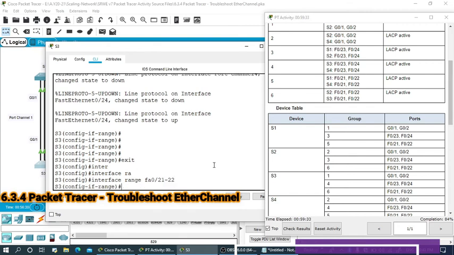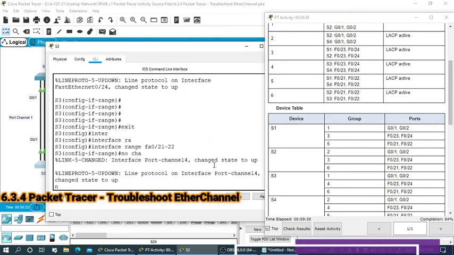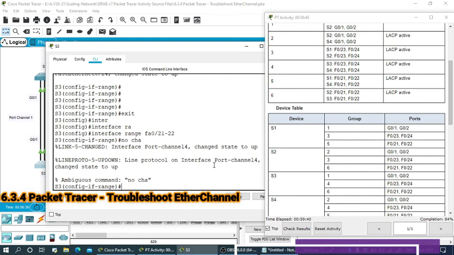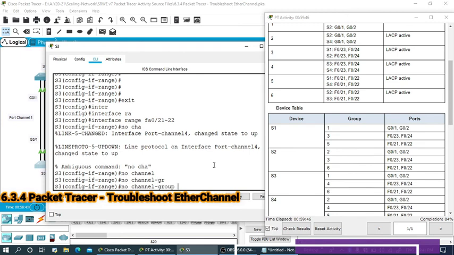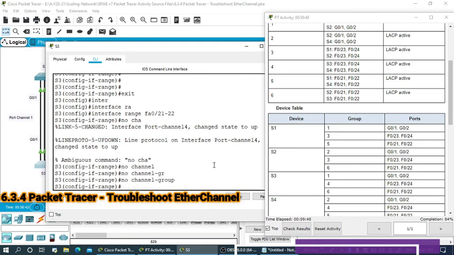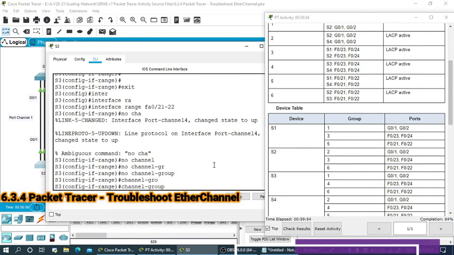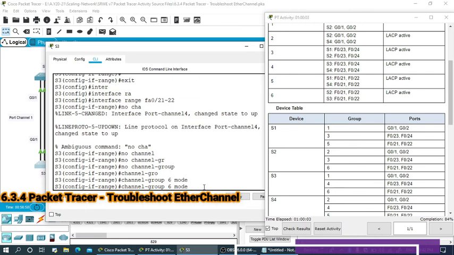Then no channel group. So what do we need to type, can you tell me? Channel-group 6, and you can see 6 here, channel-group 6 mode active.